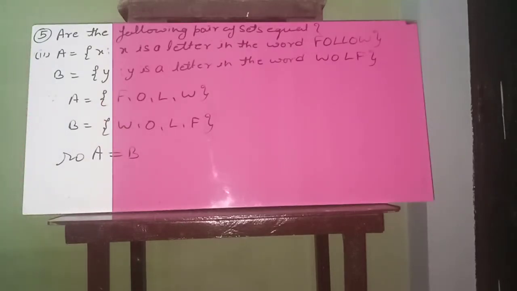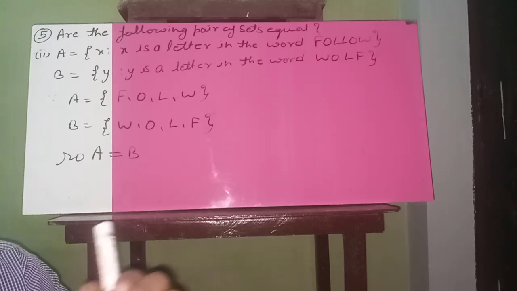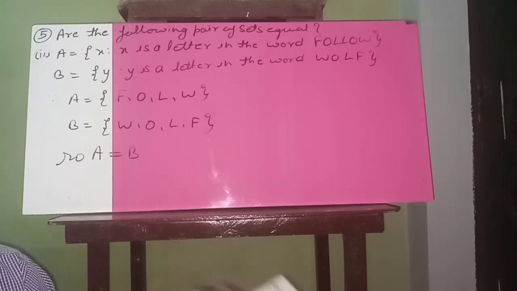Now question number 6 is very easy. You make question number 6 yourself: from the sets given below, select equal sets. अब आपको given A B C D E F G H different types के set दिए हैं ना, तो उन सेट्स को आपने चेक करना है कि कौन से सेट इक्वल हैं. ए सेट इक्वल बी है, ए सेट इक्वल सी है, ए इज इक्वल टू डी, ए इज इक्वल टू ई. तो चेक कर सकते हैं.